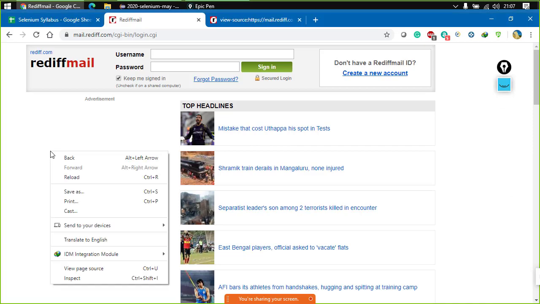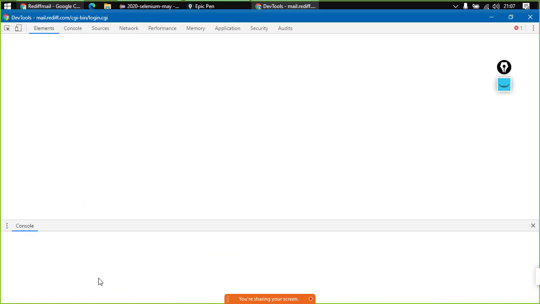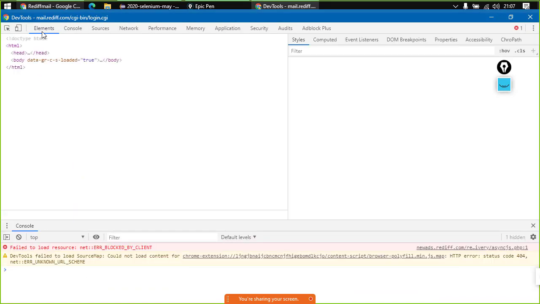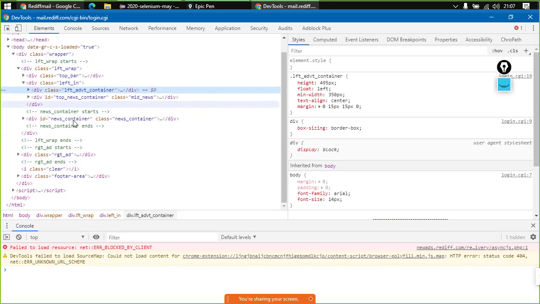Opening developer tools is kind of similar in every browser. The shortcuts may differ, but the GUI method is the same across every browser. How? Simply right click on the page. Now you have an option of inspect. The moment you inspect the page, it takes you to the elements. This is the tab that we have to deal with. In Chrome, you guys can see that this is the section.